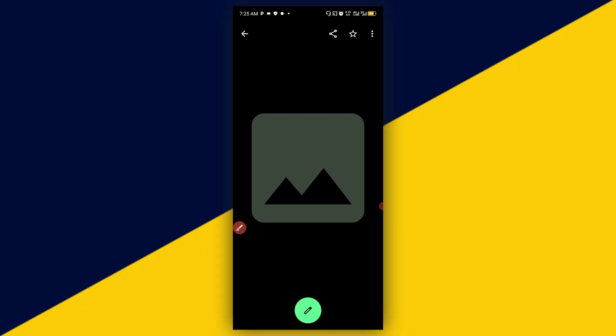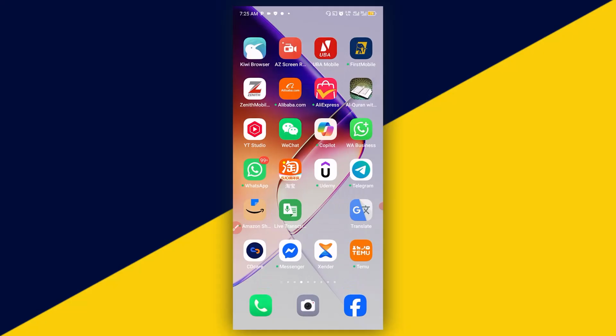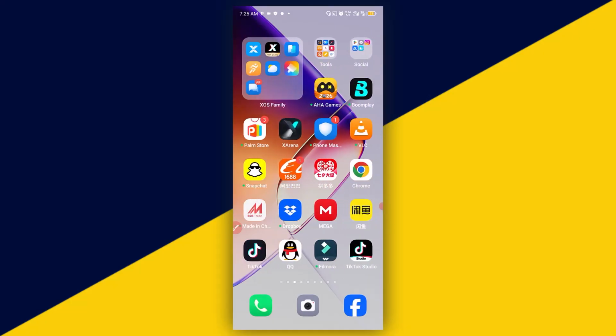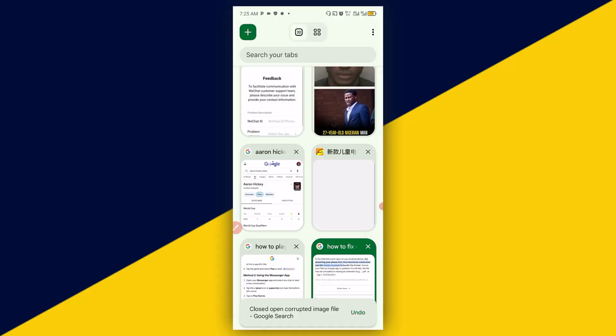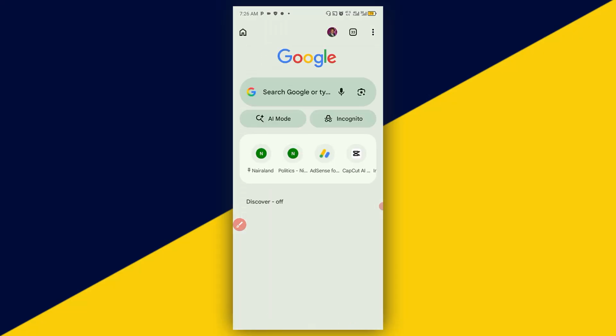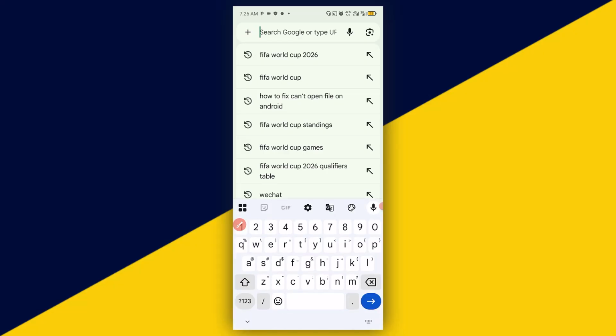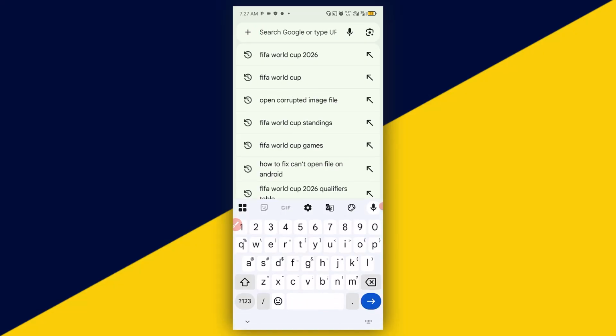The next thing we want to do is to resort to an online solution, and for that I'm going to access the web and open up my Chrome browser. After you open up your browser, you can use any browser available to you. I'm going to click on this plus sign to create a new tab, then click on search Google or type in, and simply type in